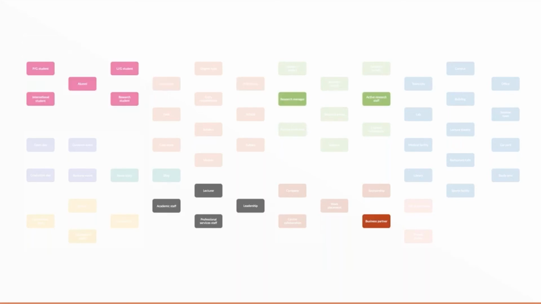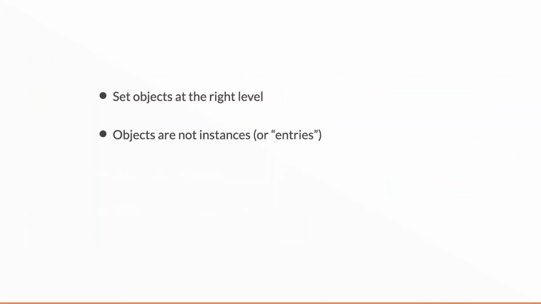Another example on this model would be, here are all the people. We've got students up in there in pink. We've got staff, including lecturers, professional services, and leaders in grey. There's a business partner there, research manager in green. We've got different people in the model, but we wouldn't want to combine them all into one type, which was person, I don't think, because their roles are so very different. But we could possibly combine all the students. We could possibly combine all the staff. That might be a useful thing to do. So we've got to make sure that we've got consistency and we've got the right level for the objects.